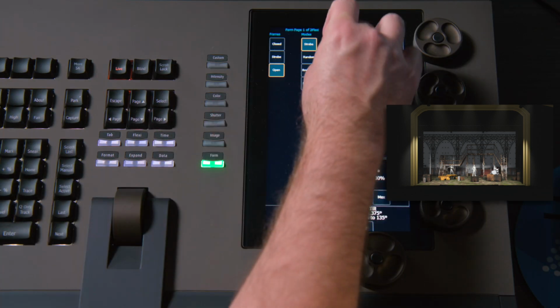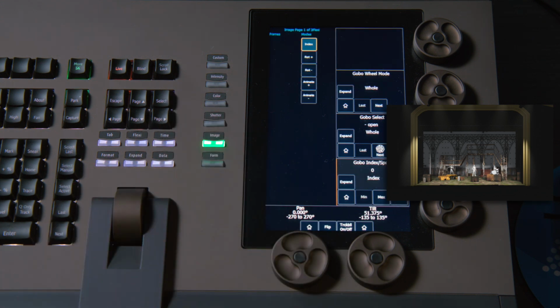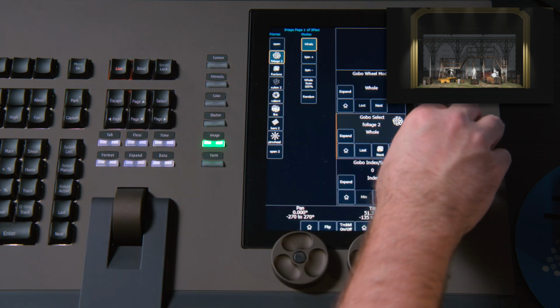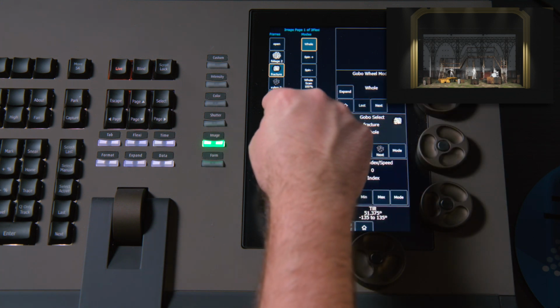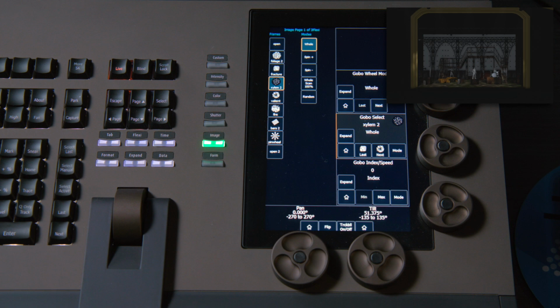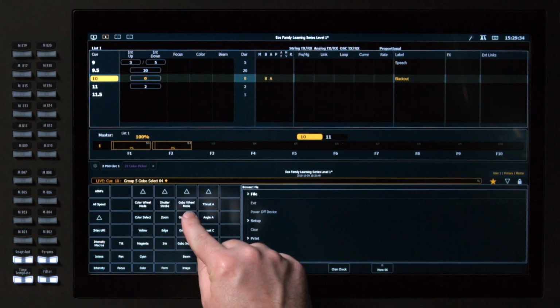Also, if you look at the shutter strobe parameter, you'll see that there are some modes that are expanded right next to it. Let's go into our image area, and you'll notice this is where our gobos for this fixture live. If I expand those, we'll see thumbnails of all the gobos. I can either roll my encoder wheel to put in different gobos, or I can go in and select them. Just like before, I can either touch my parameter name, use my encoder button, or hit gobo select on my parameter tile.